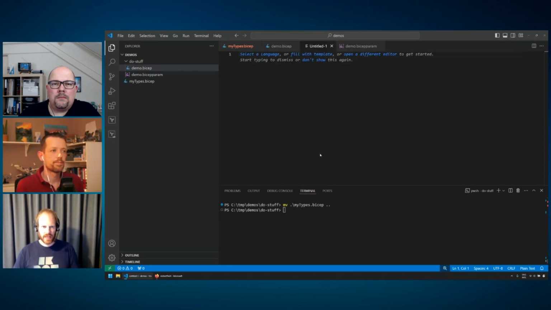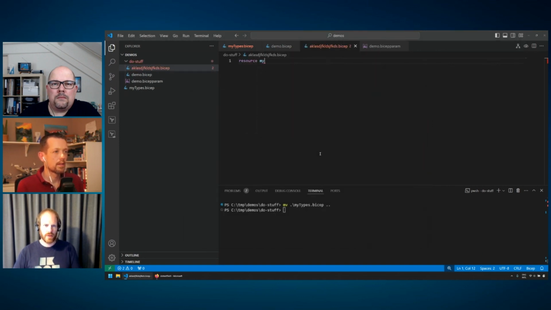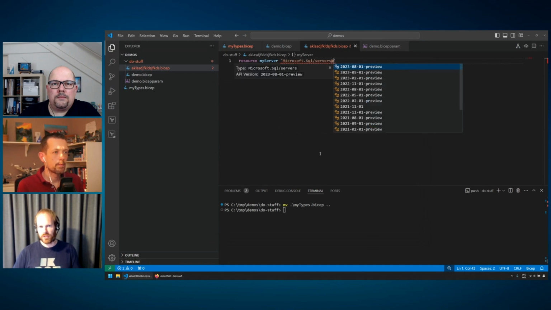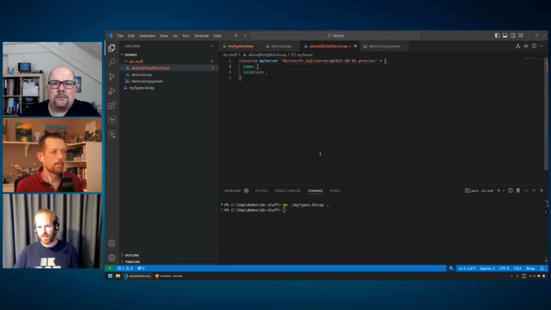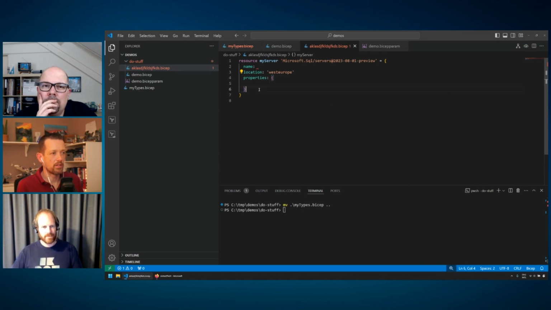You mean things like, if I do resource myServer of SQL/servers, and then West Europe, and there's probably something called properties. Yeah. And then this has a specific type. Maybe even that properties object, so that I could just define that in my param file of the type server properties. Not that I am aware of.